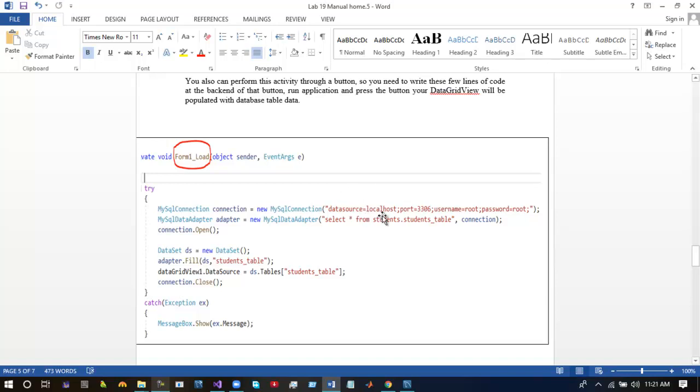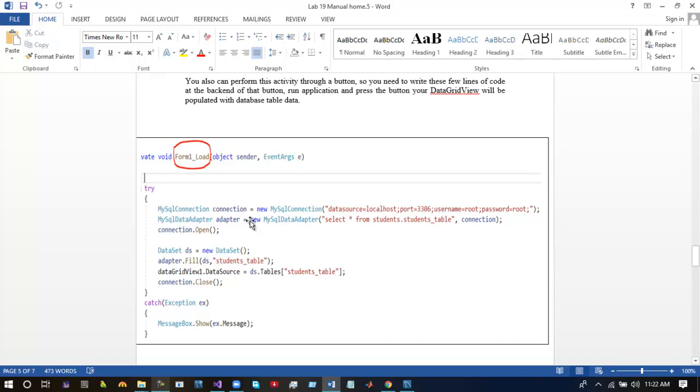I'm going to select data from localhost. The port number is 3306, user name is root, and password is root. So this is the first line, and you have created the connection.